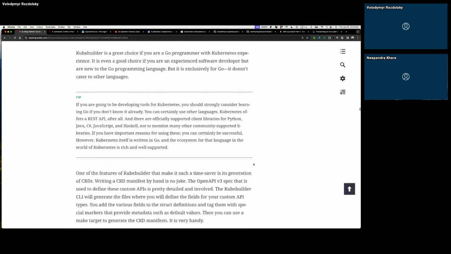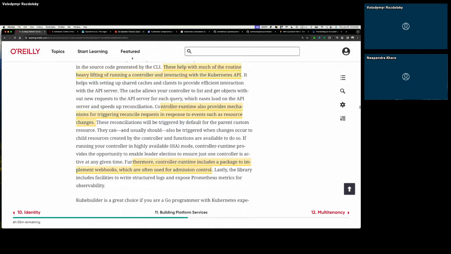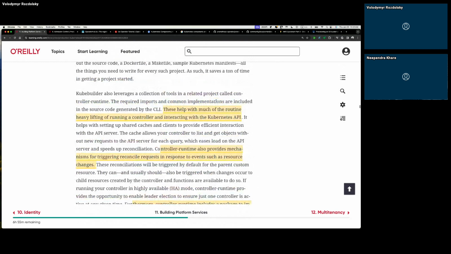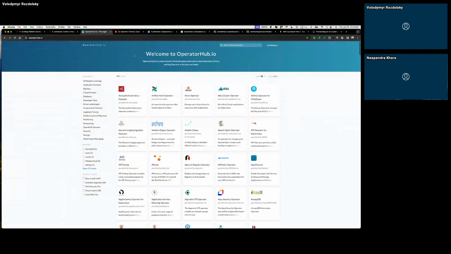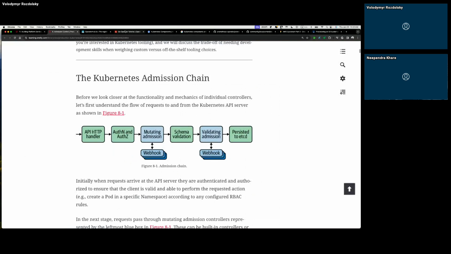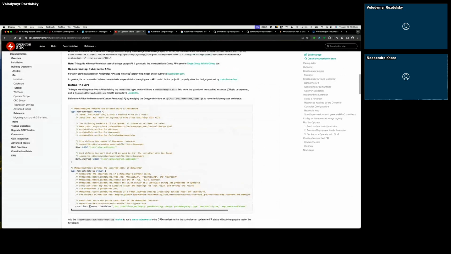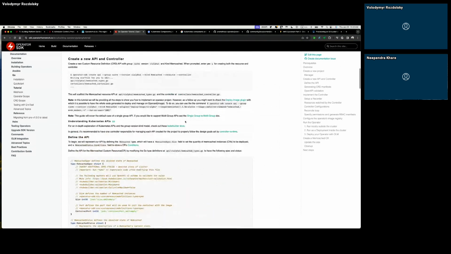So I don't know, do you want to install it for the sake of demo, just to see if we can install the operator, or should we leave this for the next time, and have a walkthrough of the creation of an operator with the operator SDK framework?